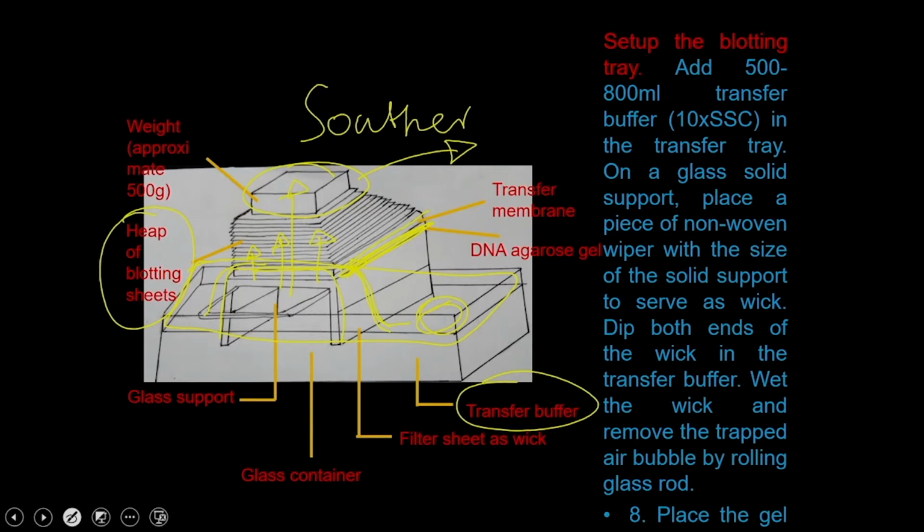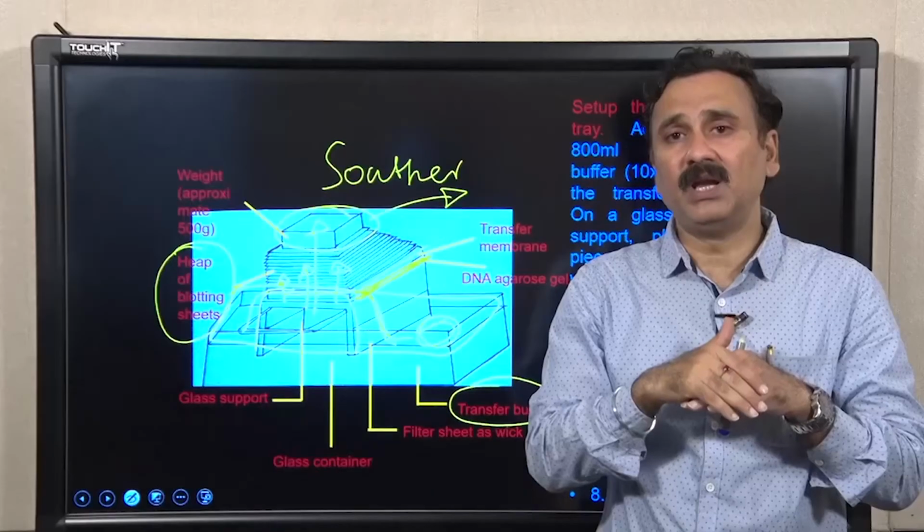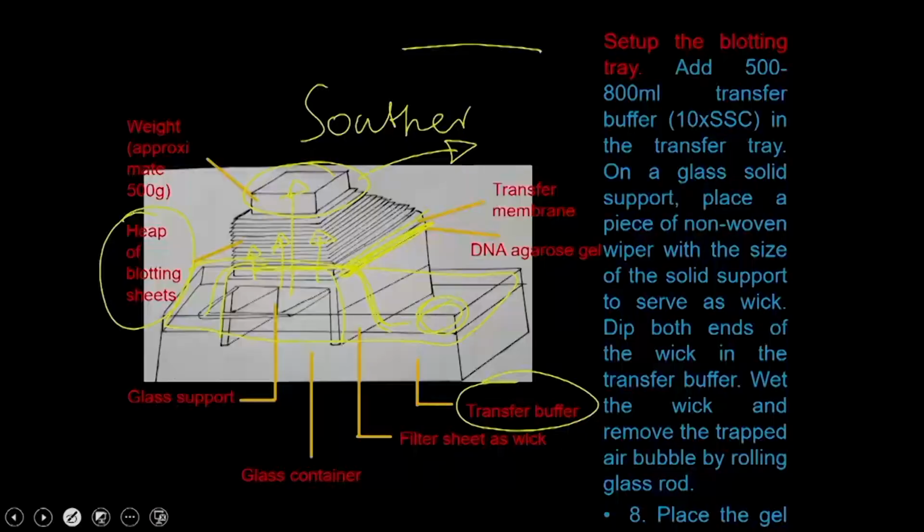But the nitrocellulose membrane is permeable to the buffer, but not permeable to the DNA. So the DNA hits the membrane at the places where it was present in the agarose gel, and it stops there. As a result it is transferred onto the nitrocellulose membrane, whereas the buffer comes out. That's how it continues to maintain a current of water